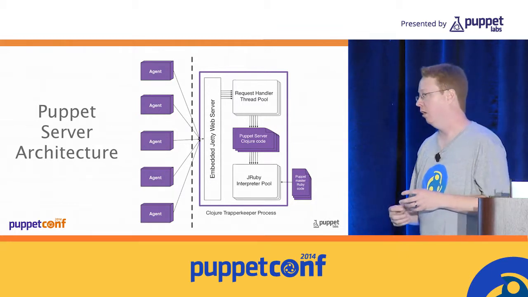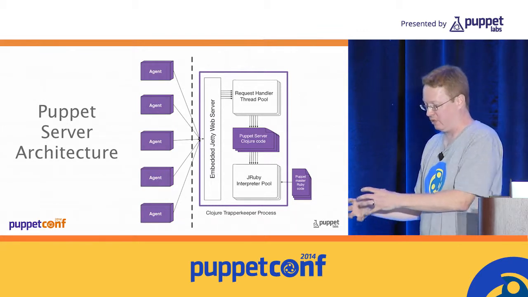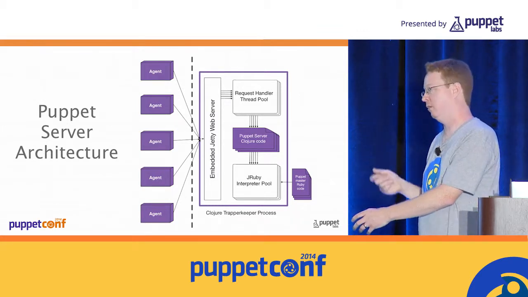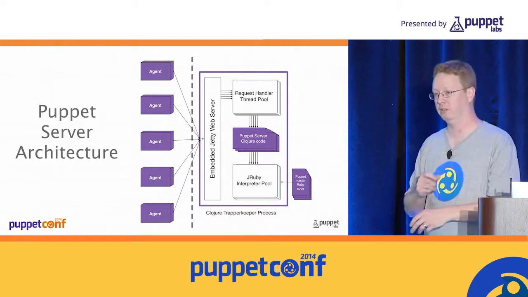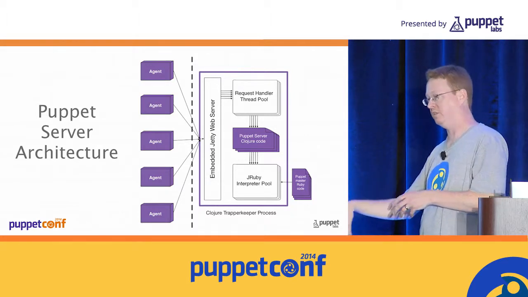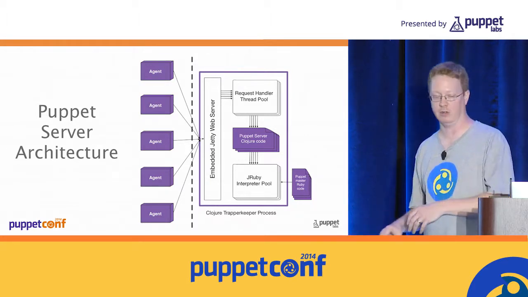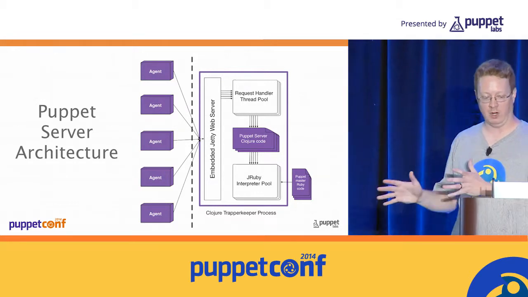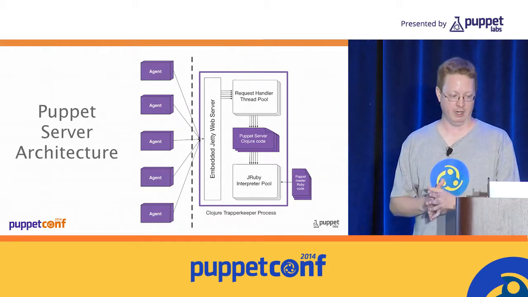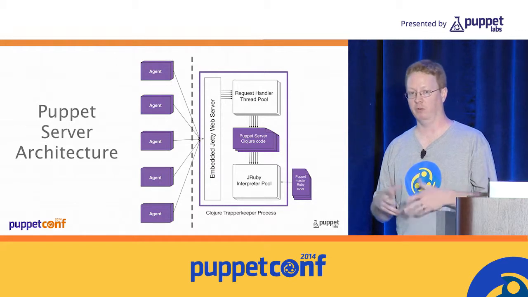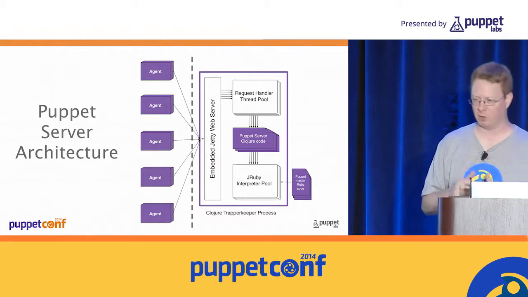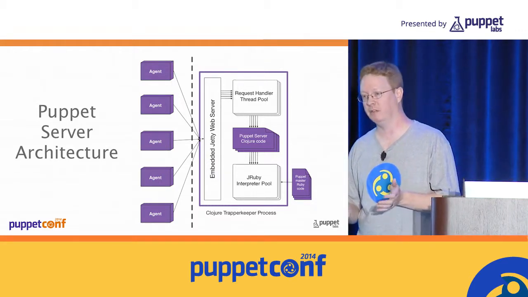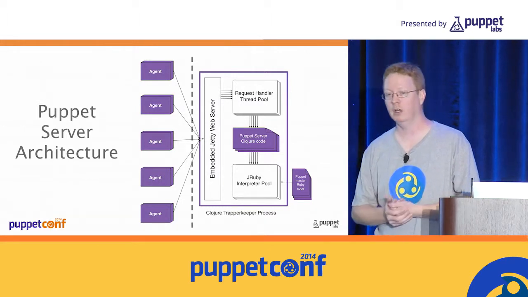We can quarantine different JRuby instances so that they're only available to handle certain kinds of requests, which would allow us to potentially load different Ruby code in one versus the other. We're not quite taking advantage of all of that functionality yet, but it was a big part of our thinking for moving forward. So it'll let us do things like separate environments, like Puppet environments, a lot more cleanly than